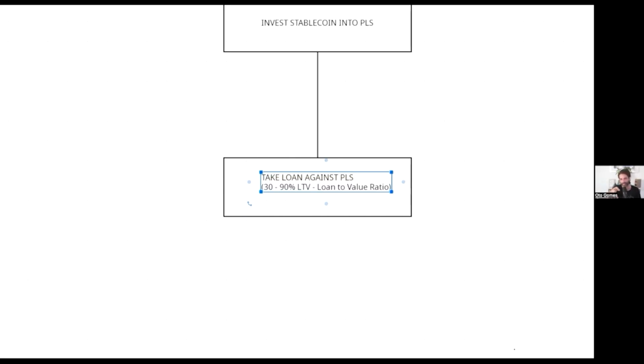Because after this, you can start going into the other strategies like farming, providing liquidity to exchanges. You can go to decentralized exchanges and provide liquidity to them. We talk about PLS and Pulse Chain, and PulseX is the decentralized exchange for Pulse Chain, and providing liquidity there. Especially with the one that I've been doing with PDAI, which is the stable coin for Pulse Chain.